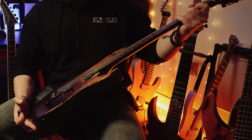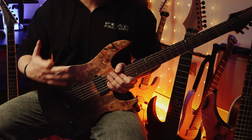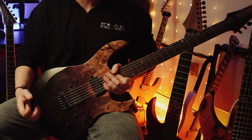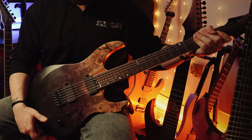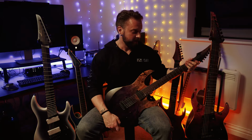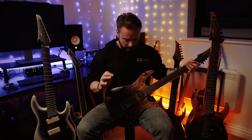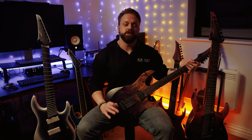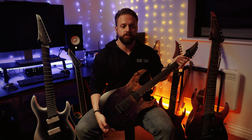I have had this guitar a while, and I have done a hell of a lot with it in terms of videos, playing, recording, all that sort of thing. It is just the most ridiculously comfortable and nice to play guitar. I had it professionally set up for this tuning when I first got it. I've also modified this guitar from its stock specifications, so it came originally with a set of Fishman Fluence Moderns,